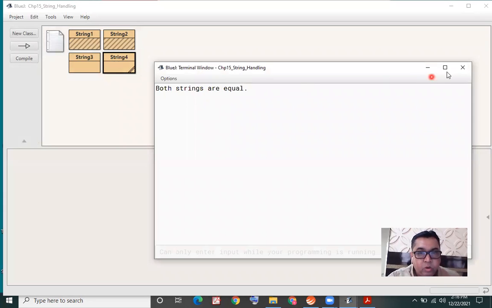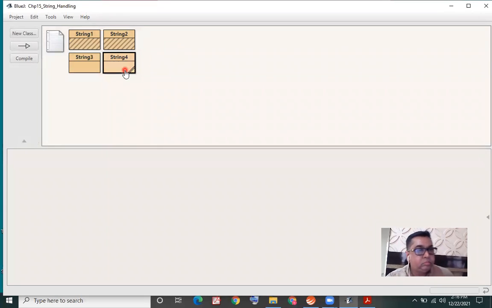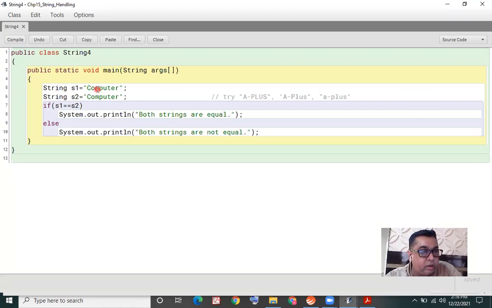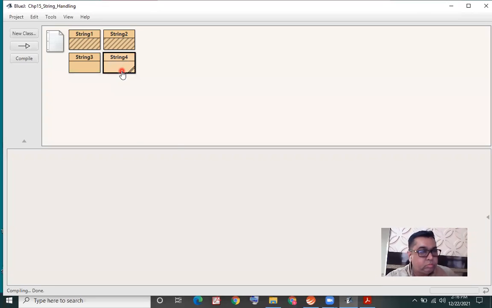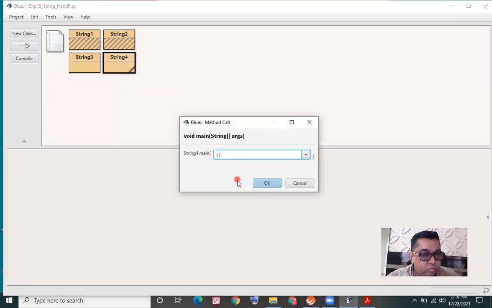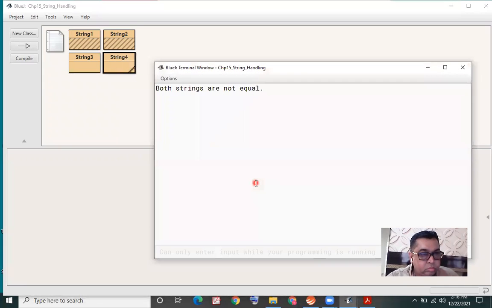Both strings are equal. Okay. And I'm making the change now. Both strings are not equal.